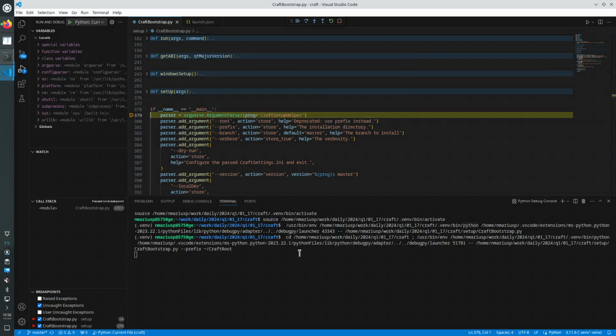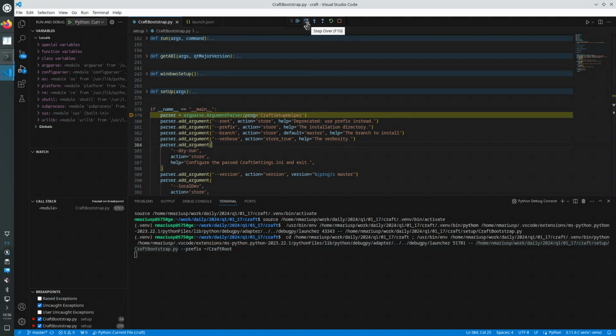We can see in the terminal the correct command line being used for starting the Python process with the correct parameters, prefix and then ~/craft root with the correct full path to the file. Okay,